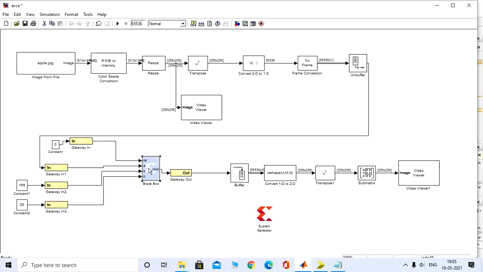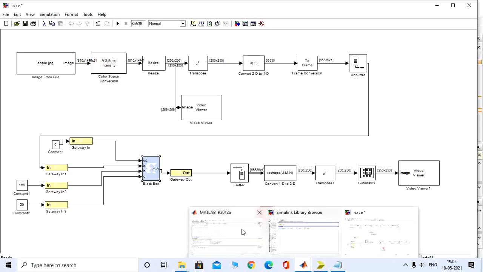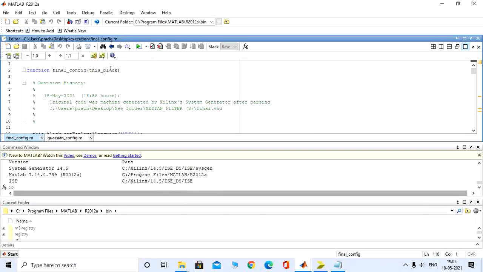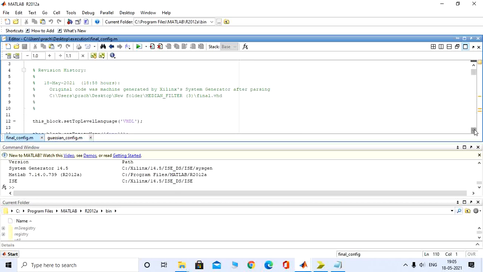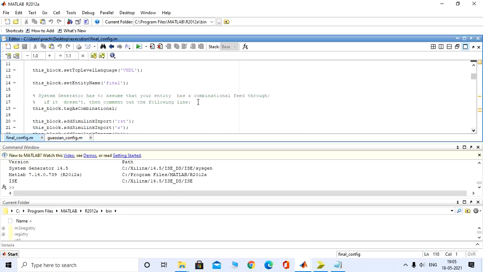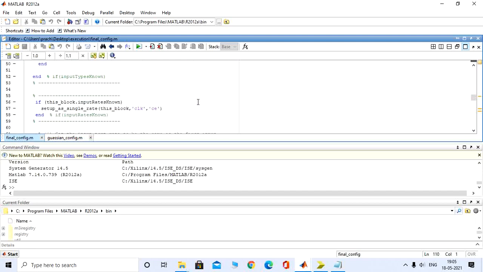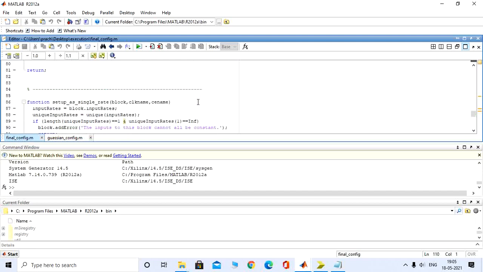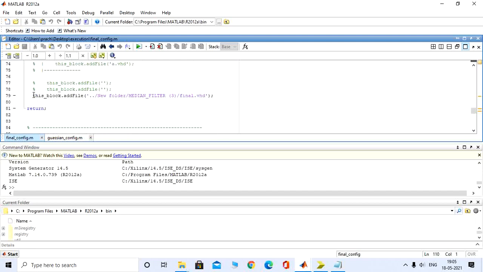Now when you create this black box, there is another tab that is generated in your MATLAB. Here you can see you need to make a certain change. Okay, see this line, this underscore block dot add file and the path and your final dot vhd.